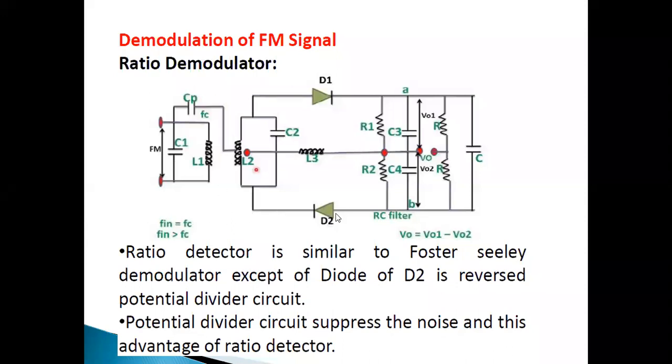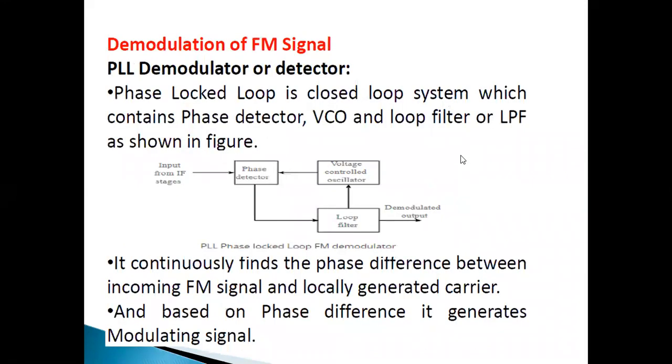For the negative half cycle, the other diode will be active, and the same procedure follows, taking it as an RC filter. Whatever unwanted information occurred at that time, it is zero, there is no output. That information is eliminated by the low pass filter or integrator, then across the capacitance the same output appears.